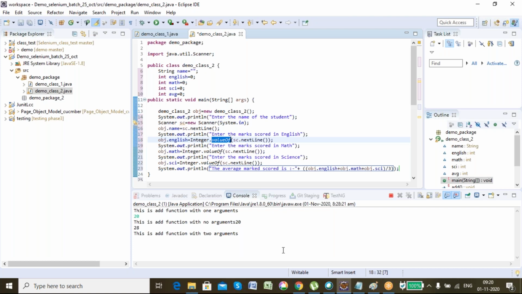So what I have to do is convert that string to an integer value so that I can perform mathematical operations on it. I cannot add the string 20 plus the string 40. I can add numeric 20 plus numeric 40.